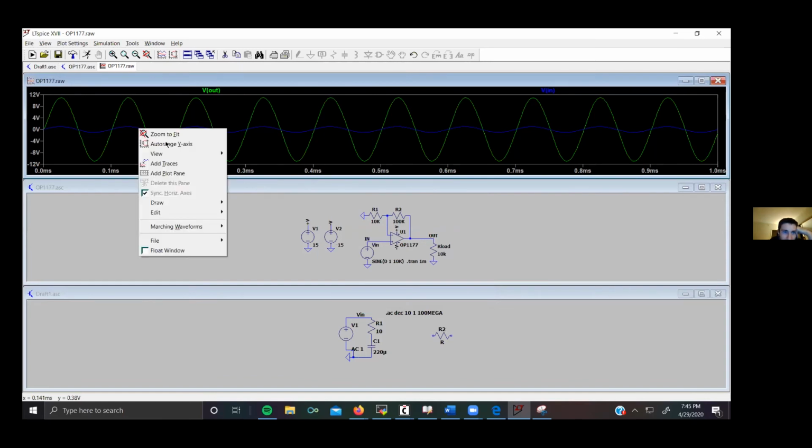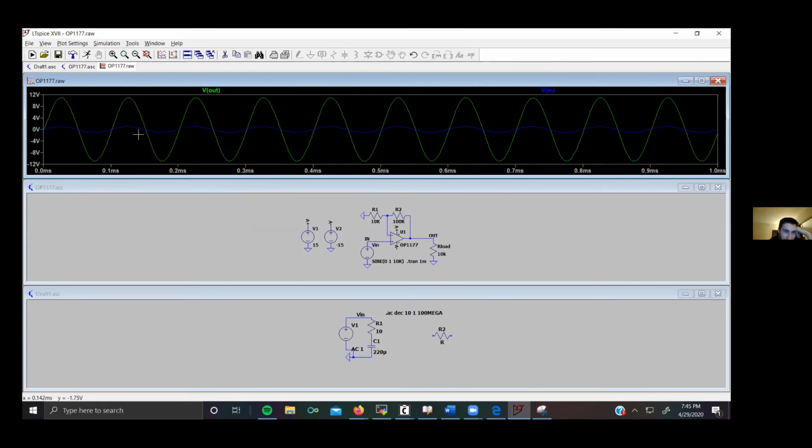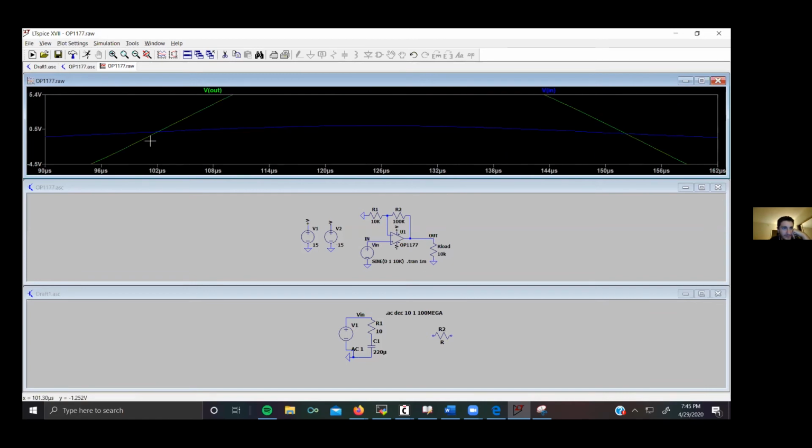Oops, that's not it. That's also not it. So say from 0.5 volts on the input, well, it's still a 1 volt sign, but